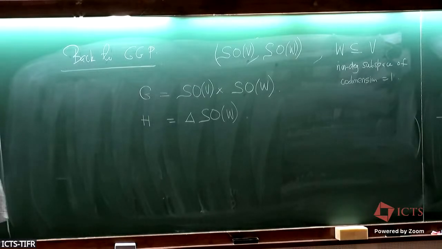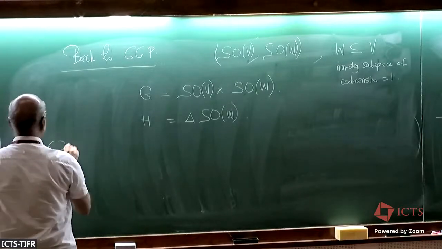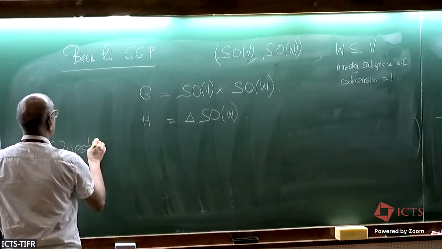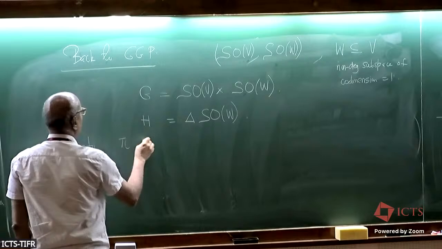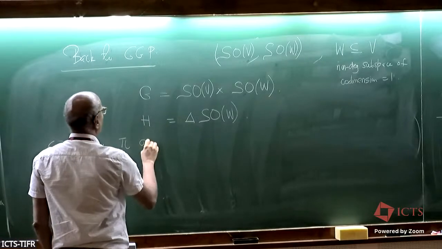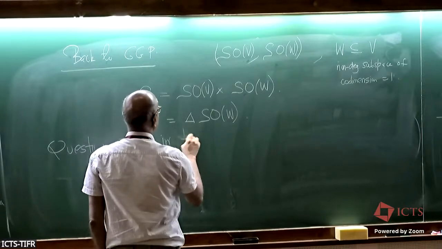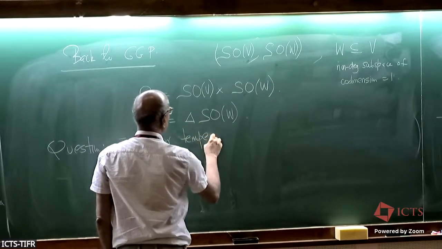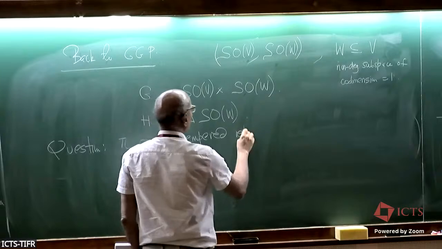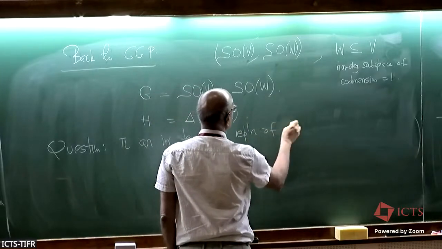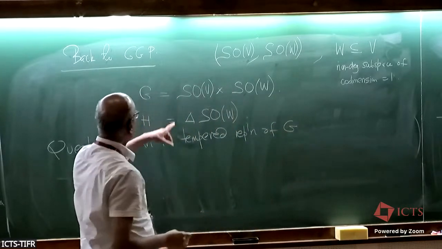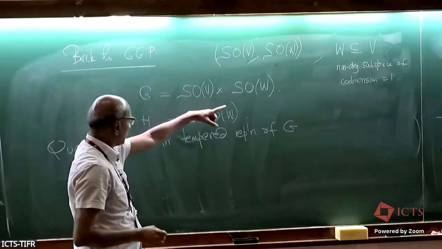And the question that we are trying to understand is, for pi an irreducible tempered representation of G, so that pi itself is pi_1 tensor pi_2,